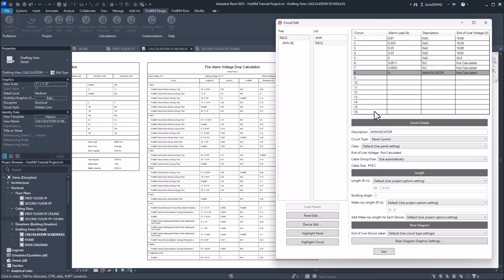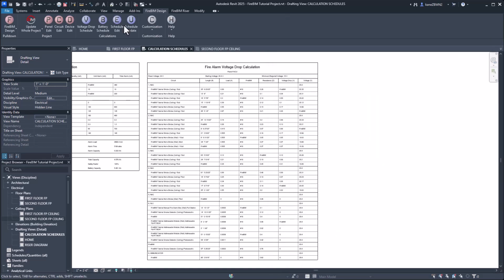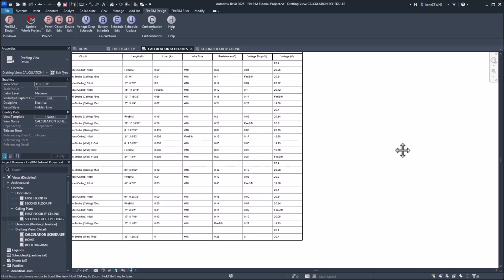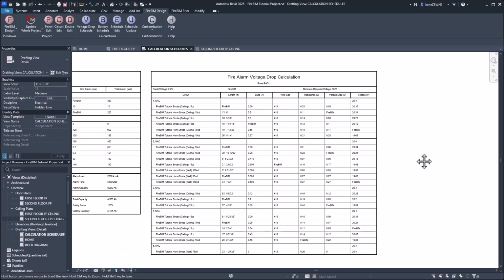And you'll notice for the voltages across those circuits, it now says not calculated. So those will not be included in the voltage drop calculations. We'll exit, update the schedule,